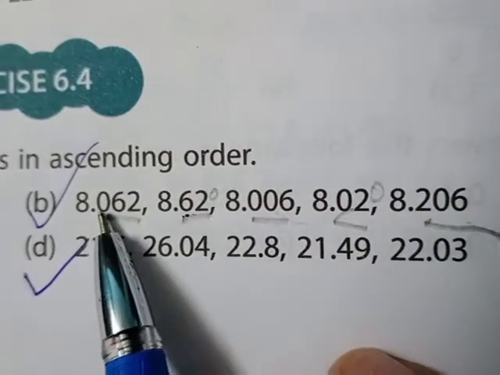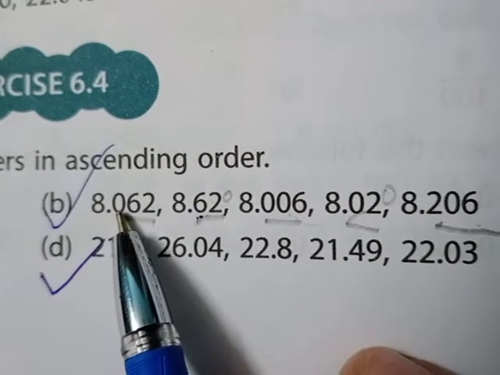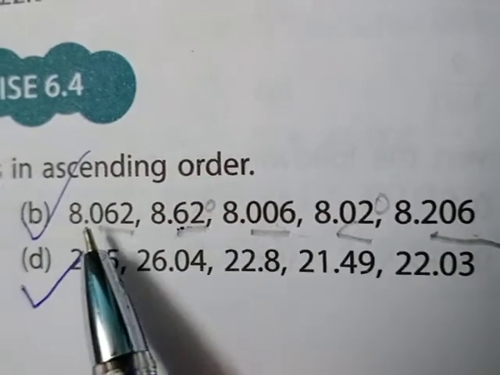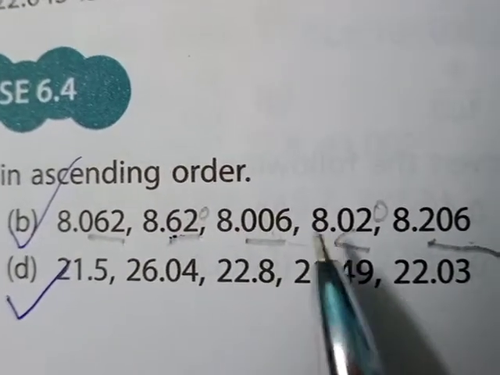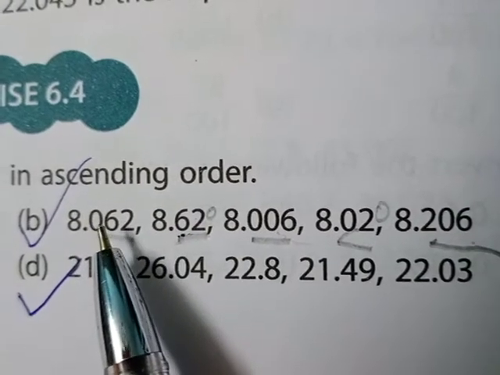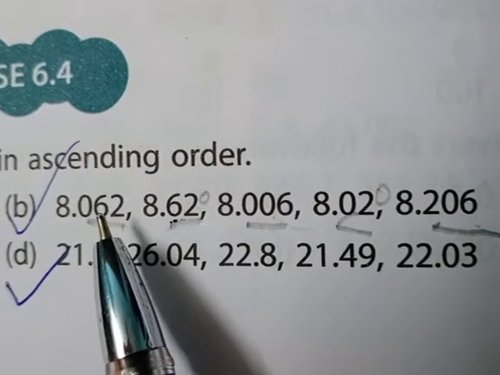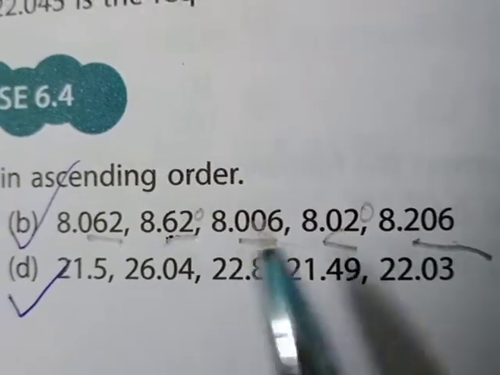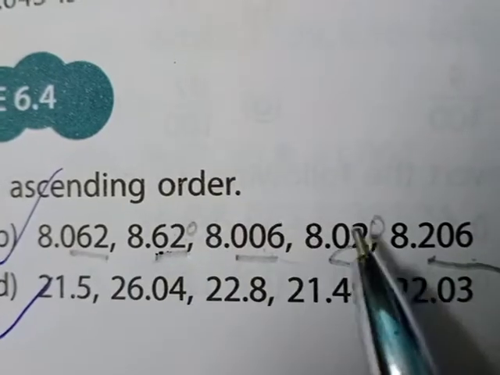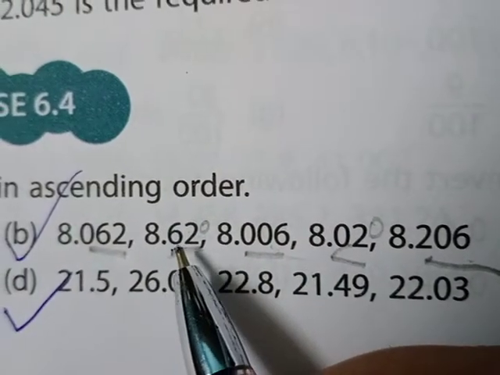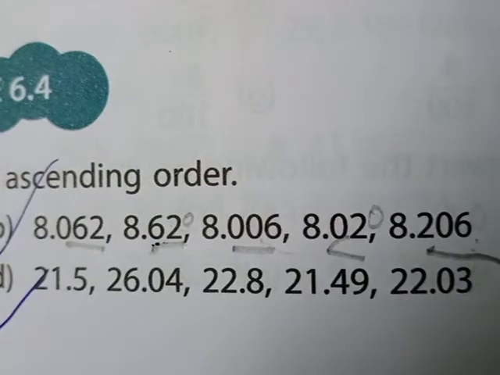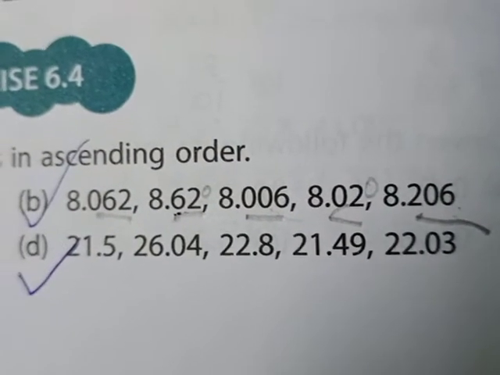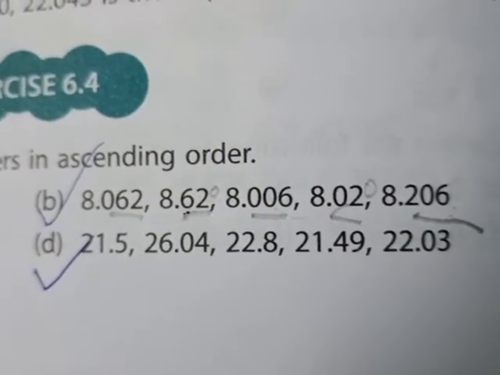How to compare? We will start comparing with the 10th place, that is 0, 6, 0, 0, 2. 6 and 2 are the greater numbers. We will see 0, 0 and 0. All 3 places are 0 in the 10th. When all 3 are 0, we will shift to the 100th. The 100th is 6, 0 and 2. 6 again is greater, 2 again is greater, 0, and after that 2 and so on. Clear? Now all the zeros we have done. We are left with 2 numbers, that is 620 and 206. Which one will be smaller? We know 8.206 and at the last 8.620. Clear this thing?